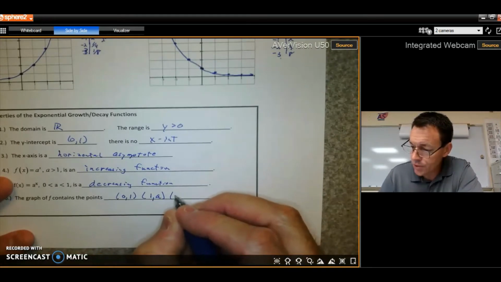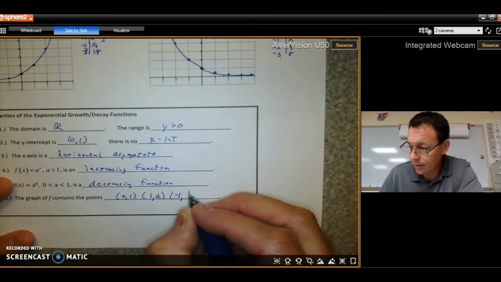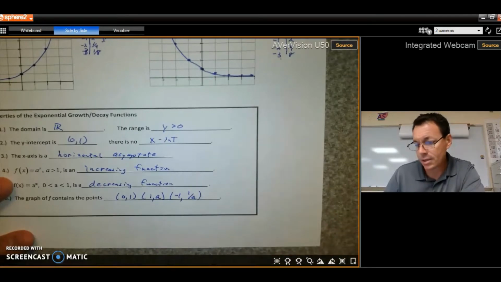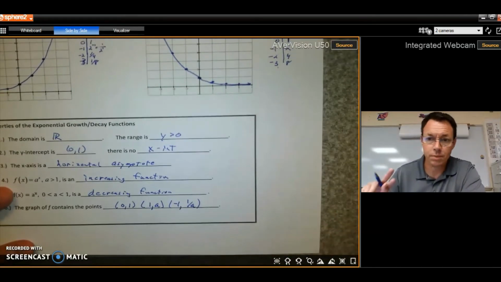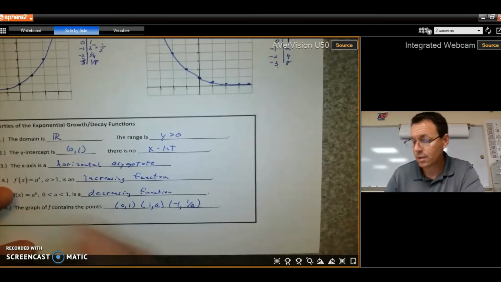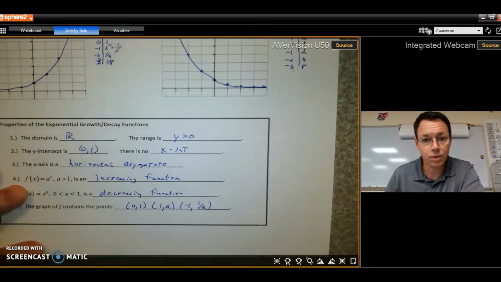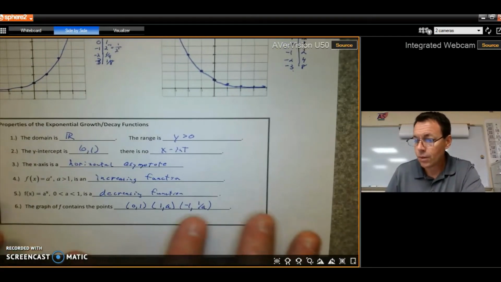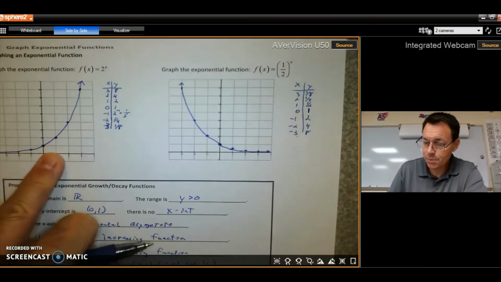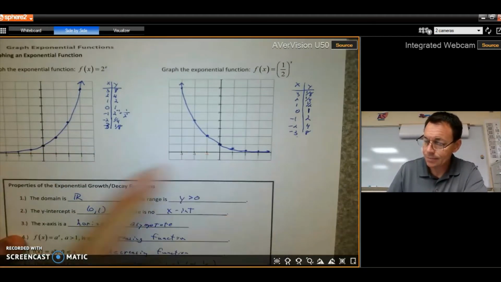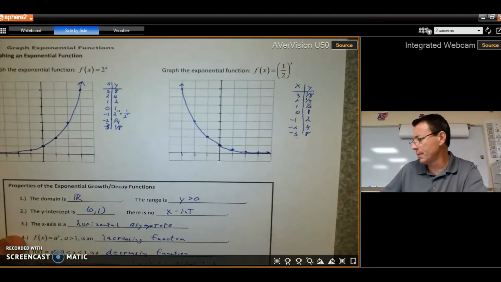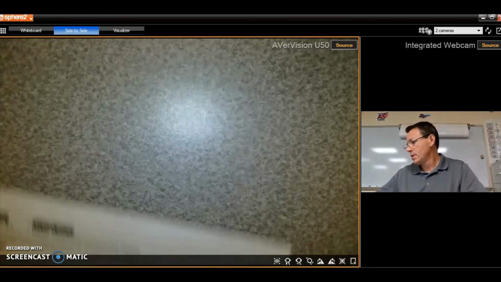Okay, and then we're always going to have -1 and then the reciprocal of the base. If the base is a 2, it'll be 1/2. If the base is a fraction, it's going to be the reciprocal of that. So it'll be a whole number. Okay, so those are just a couple graphs: exponential growth, exponential decay, and then some properties you can pick up by looking at those. Now,